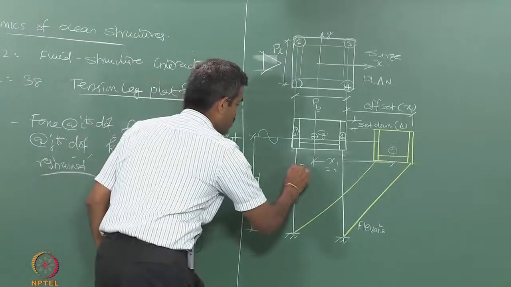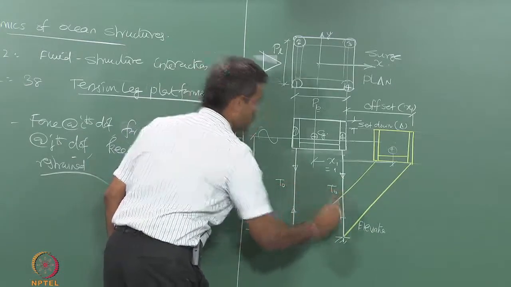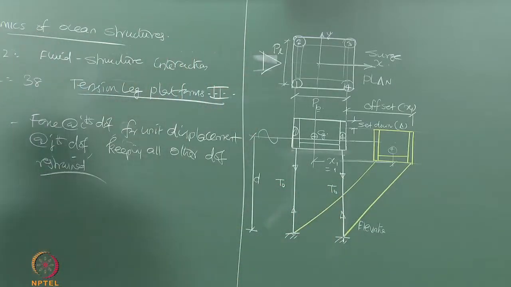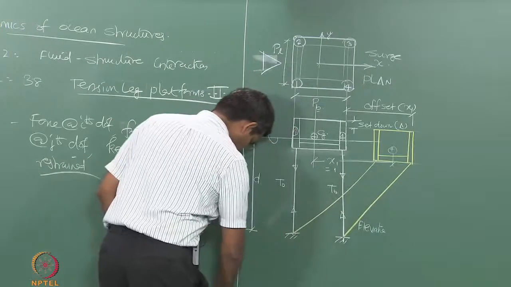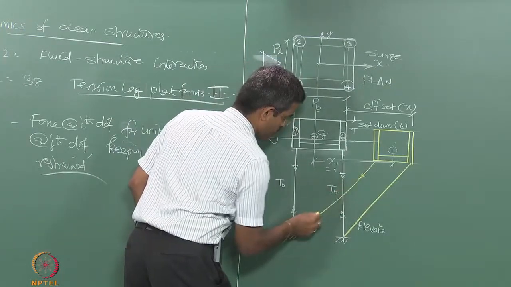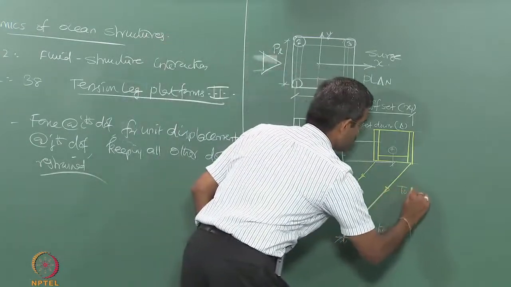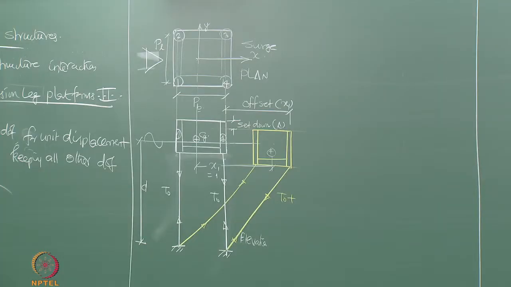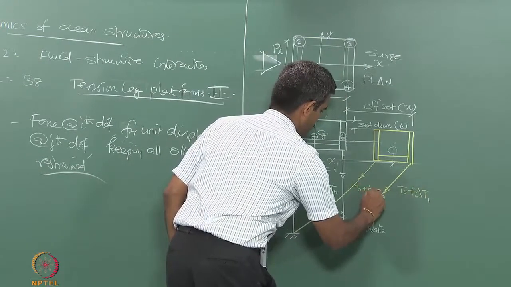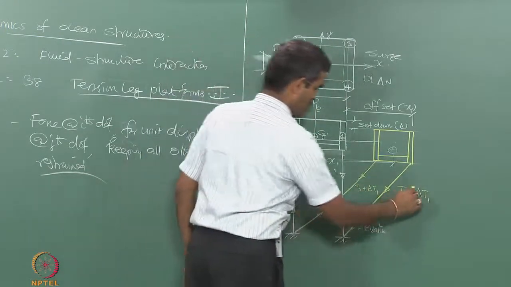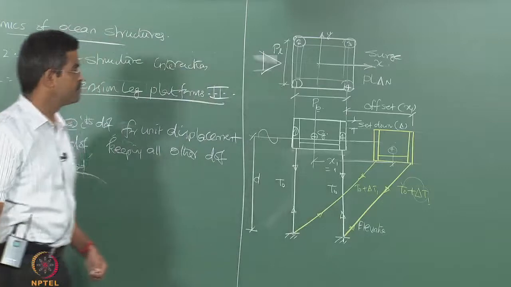Initially there was some tension in the cable, which was nothing but T naught, where T naught is the tension per cable or per tether. Now, since the length of the cable or the tether is inextensible, obviously this tension will now be different. I call this tension T naught plus delta T1. Delta T is the increment with respect to T naught and 1 stands for the surge degree. I call this angle